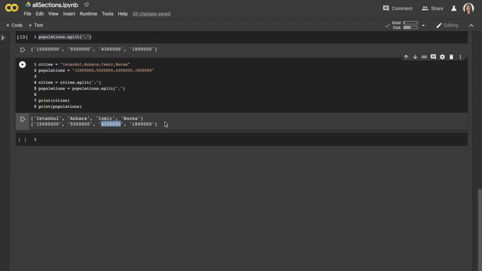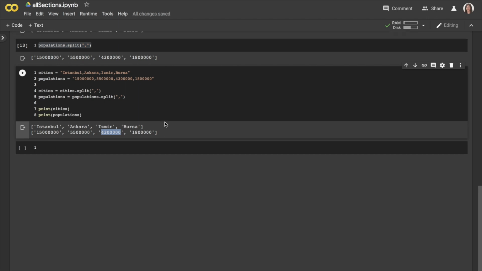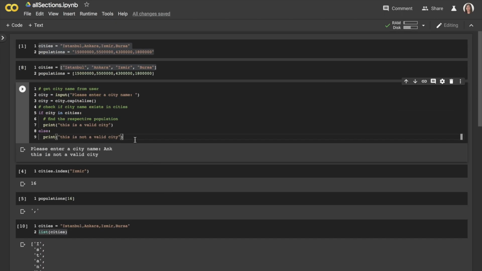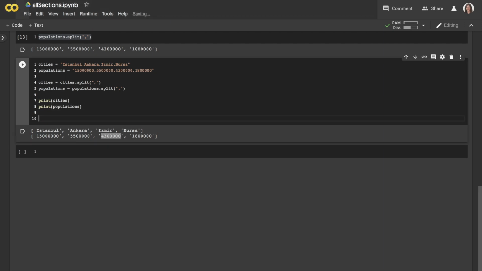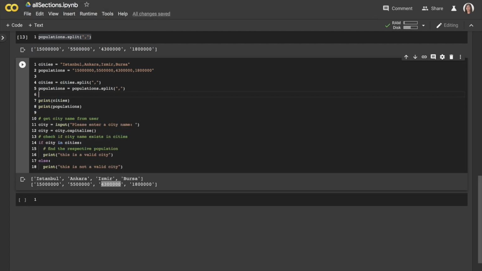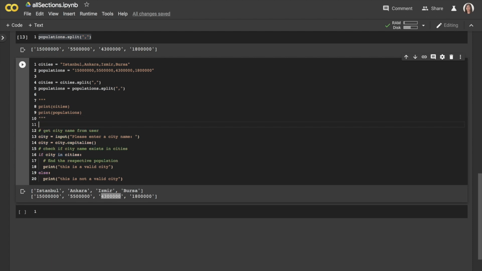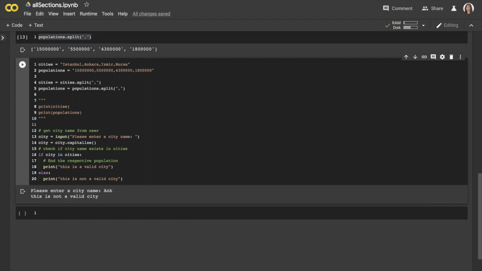Now that we can modify the variables of cities and populations in a way that we would like to have, we can just copy this piece of code that we had written previously down here and comment these two print statements out and see what happens if we enter A and K as the input. We see this is not a valid city as we would be expecting. So with this piece of code, we can check the validity of the input obtained from the user,